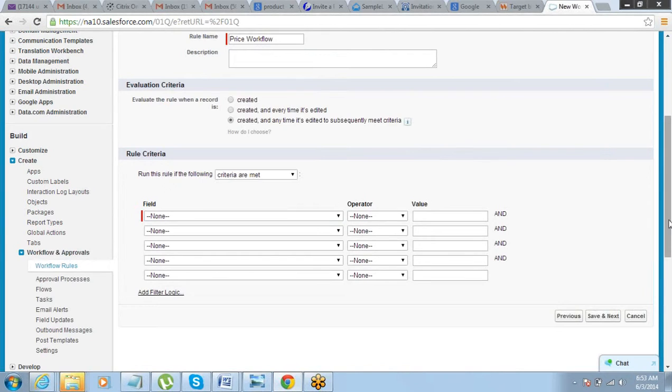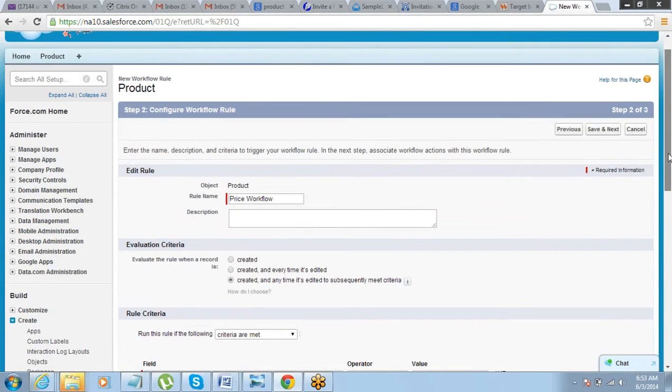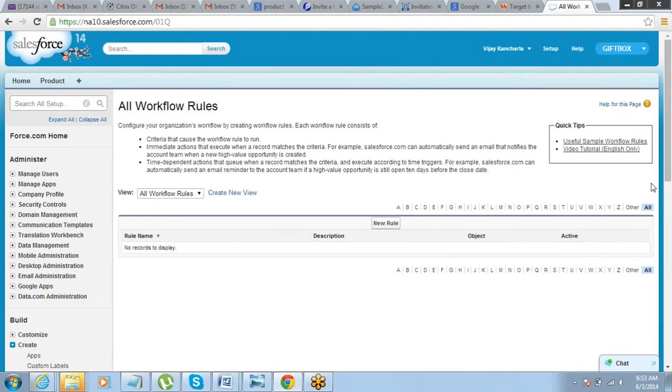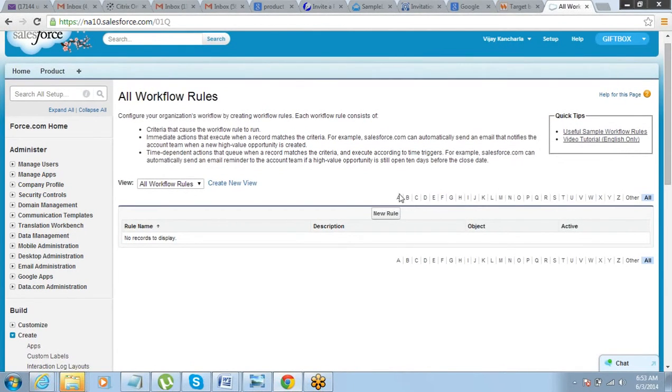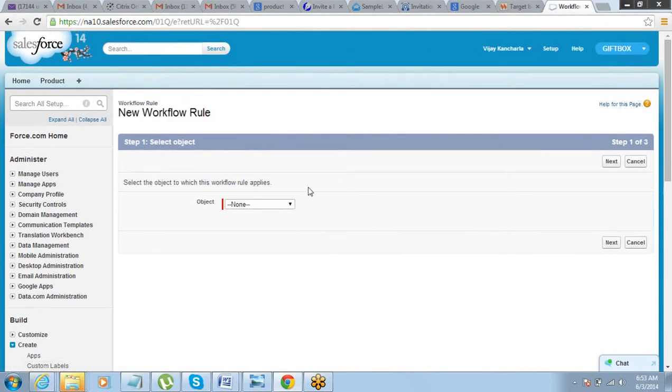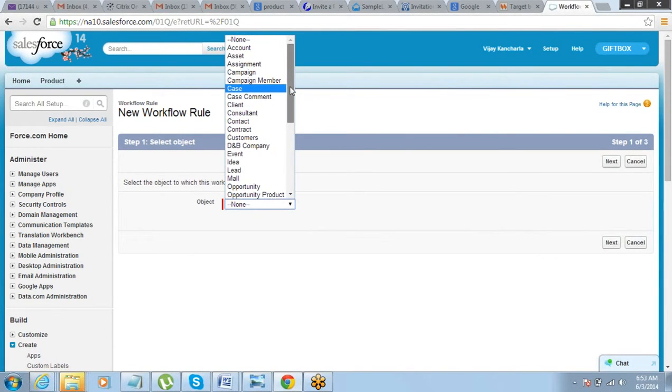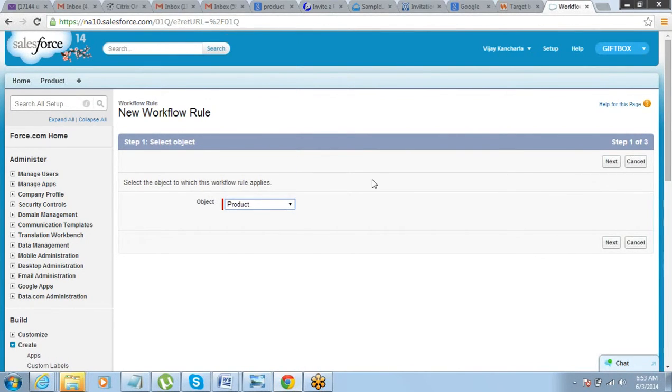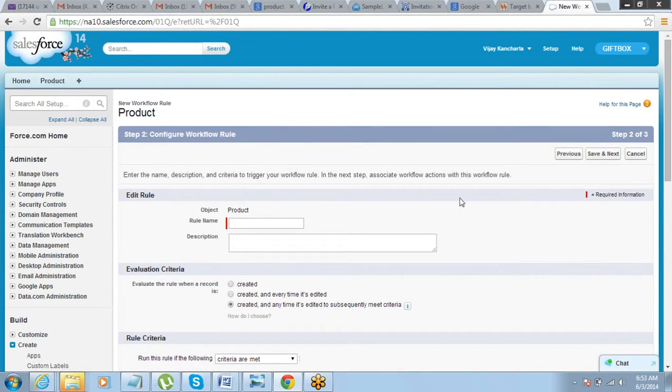Okay, sorry. We need to take the other product, not that one. This one is the standard object called product, so it got connected to that one.